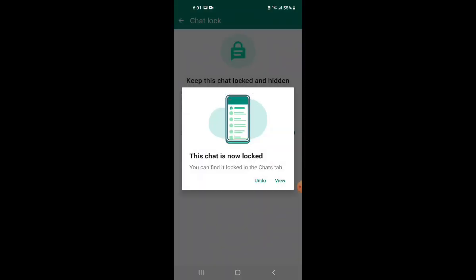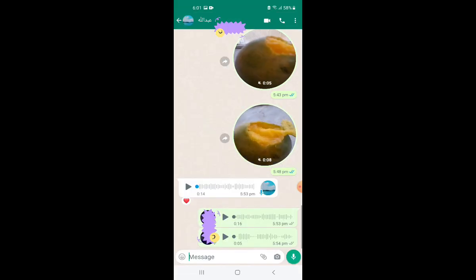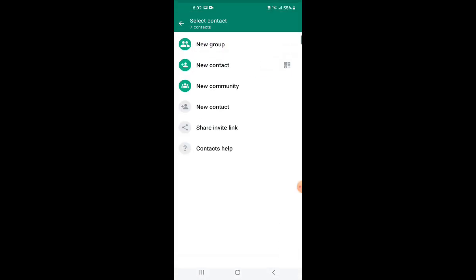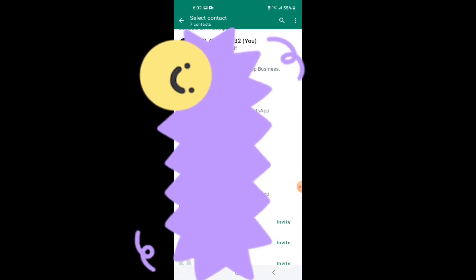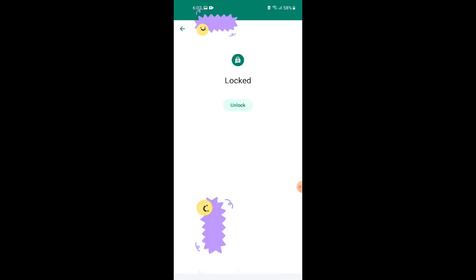Here, enable this icon. It will ask you for your fingerprint. Go set your fingerprint and it will ask you for confirmation. Just confirm, and then your chat is locked. Now, how can I find it? Just go to your contacts and find your chat like this, and then